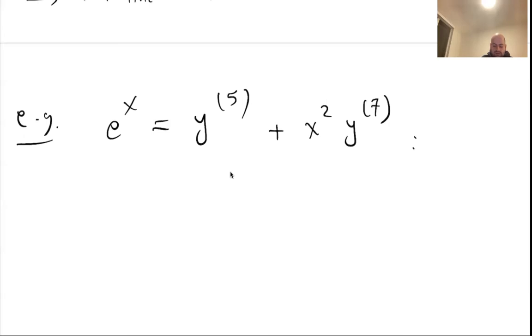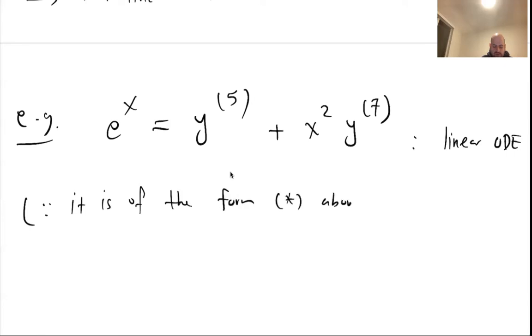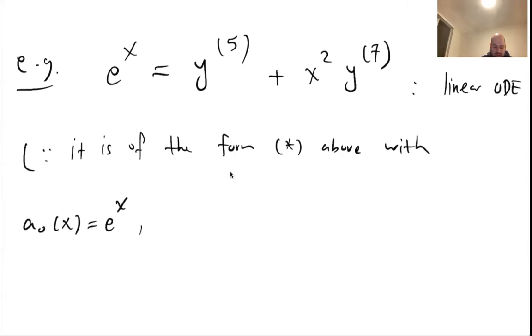This one is also linear, a linear ODE, because it is of the form star above with a0 of x equals e to the x, and a1 of x, there is no y term, so a1 of x is 0, a2 of x similarly 0, a3 of x 0, a4 of x 0, a5 of x 0,